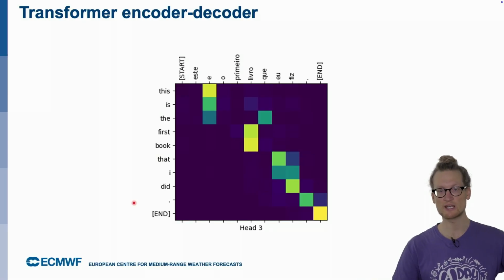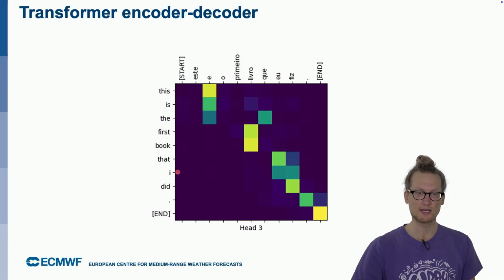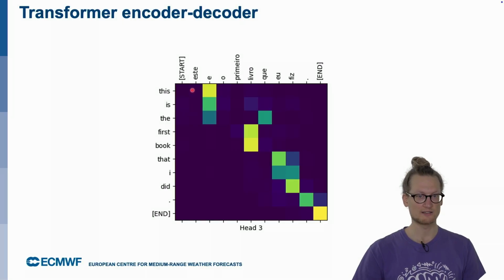And this works very well for transformers. Here we have an example of an attention map, where we see how different words attend to each other and how well this matching actually works. If the model processes "book", then it translates this to "livro", which is pretty much what we want.